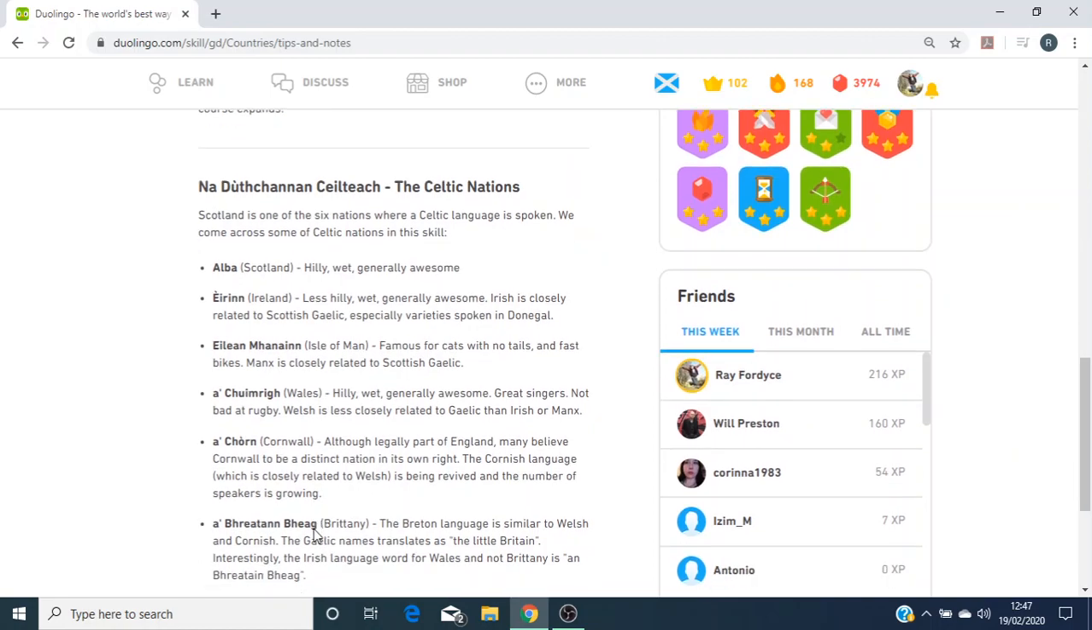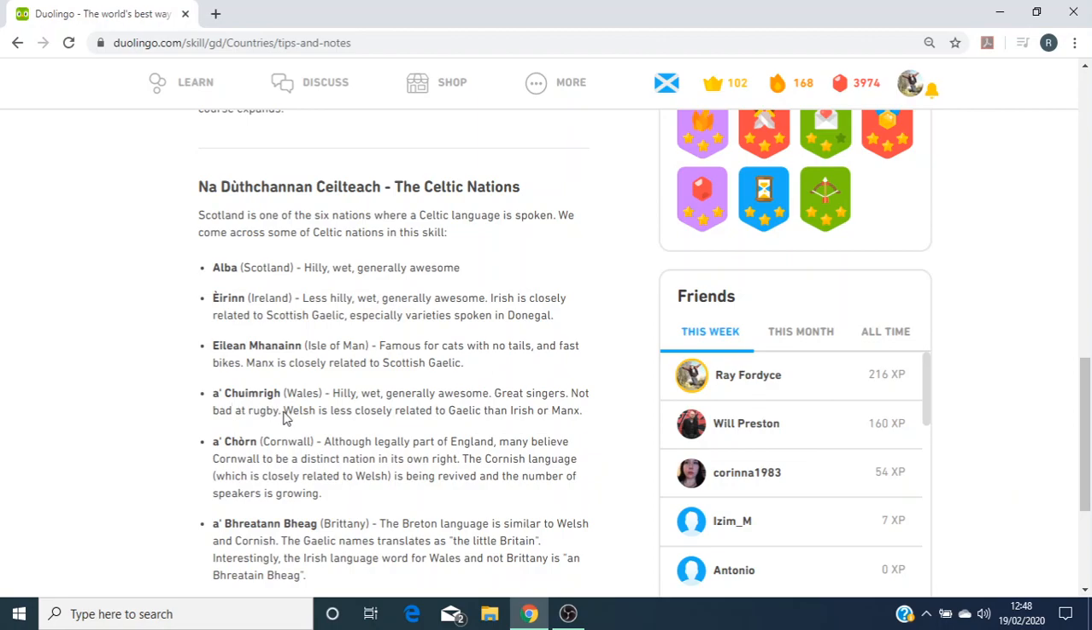Anyway, Ellen Vannin, the Isle of Man, famous for cats with no tails and fast bikes. Manx is closely related to Scottish Gaelic. A Chumri, Wales, hilly, wet, generally awesome, great singers, not bad at rugby. Welsh is less closely related to Gaelic than Irish or Manx. So there's some similar words in